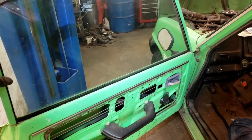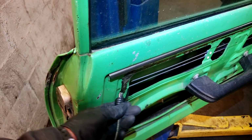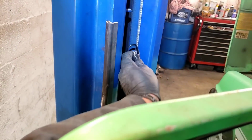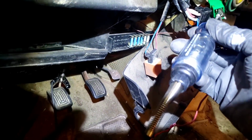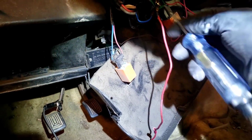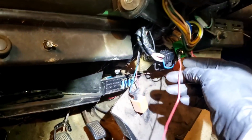I don't think this door will stay open. The check is broken, so I'm going to put my fancy dancy check on there, which is just a strap to keep the door from shutting on me. And then we're going to get under the car here, and I see I've got some wires. I suspect that's power. And we got to hot wire this car. I don't have the key for it, so I think,